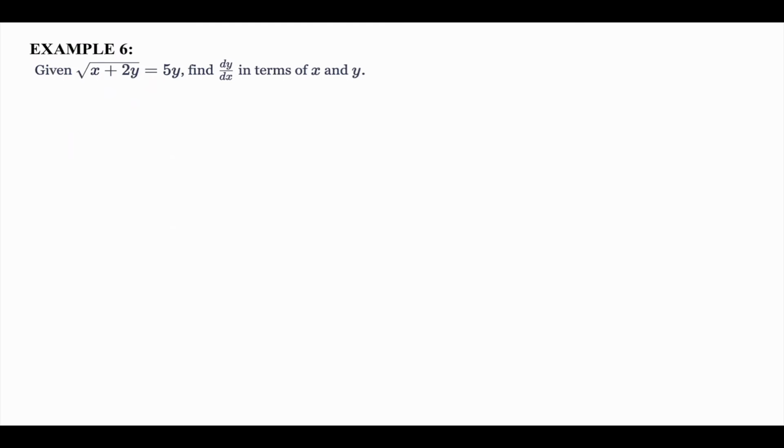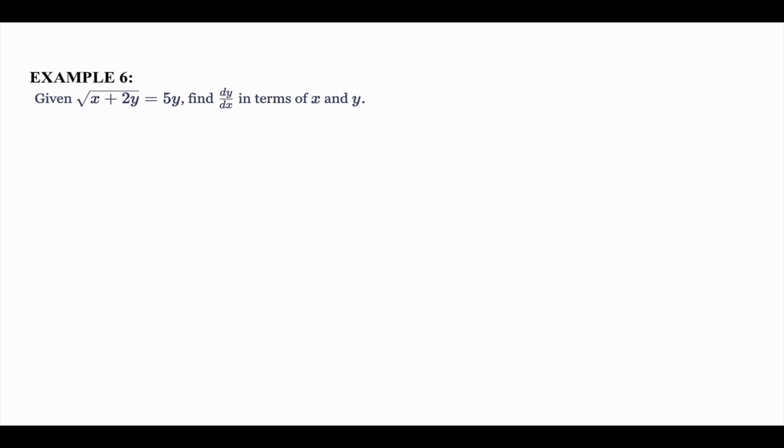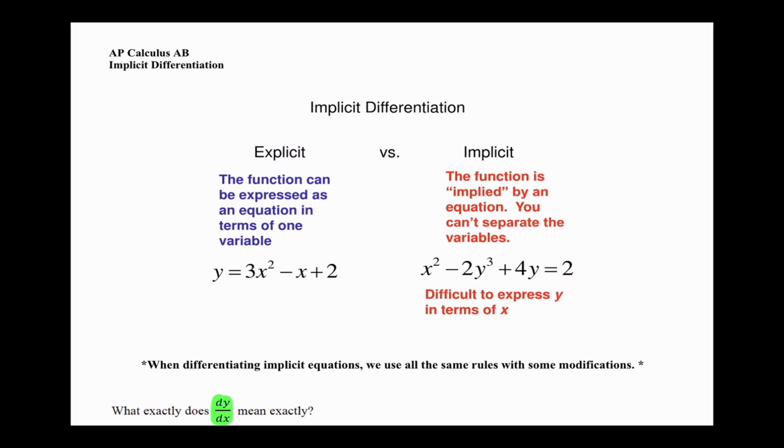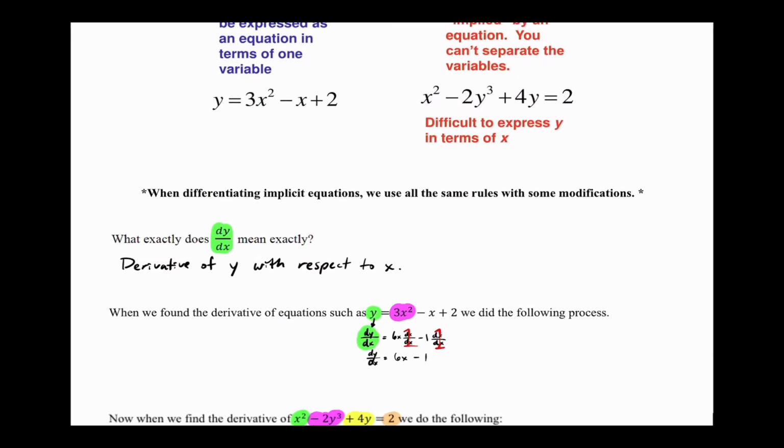Okay, so kind of going back a little bit to implicit. So implicit differentiation is when we have x's and y's kind of married together, right? But we can't separate, we can't solve for y like we usually do. Okay? So when we have that, and when we find derivatives,